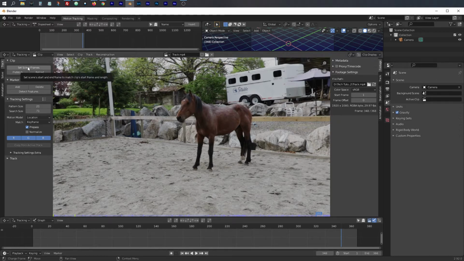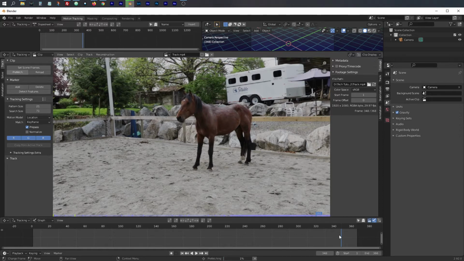So set scene frames. You can hit this button called prefetch. Prefetch will load the video into memory, and that will tell Blender to work a little faster because it's in memory. So don't be such a slowpoke, Blender. And it will prefetch that into Blender. So Blender's struggling a little. Don't know why. It usually never does. So we'll see what happens. Hopefully it comes alive. But once this is finished prefetching and going into memory, there we go,